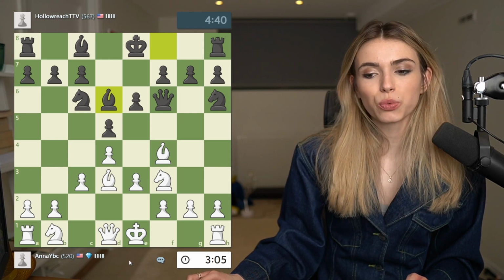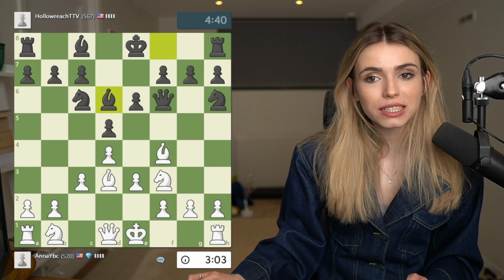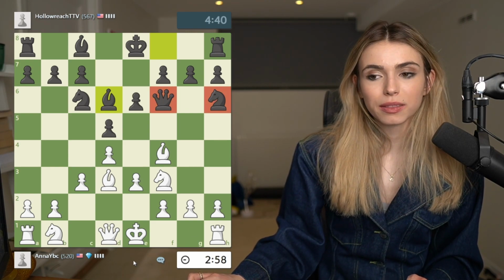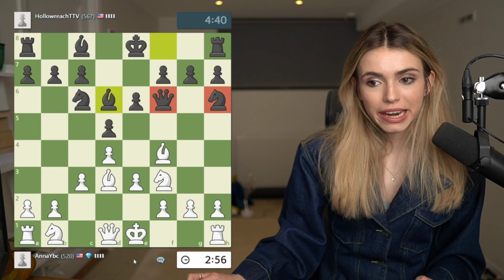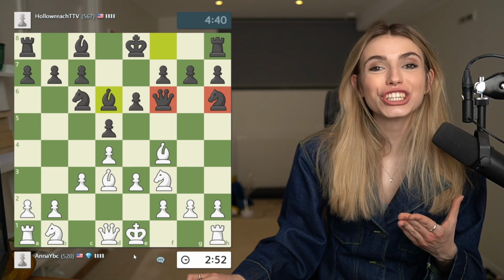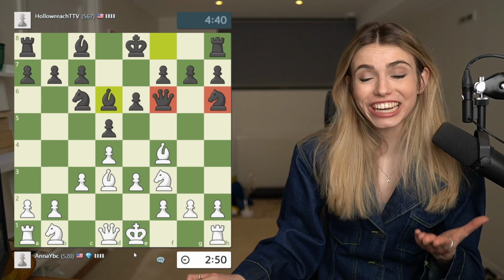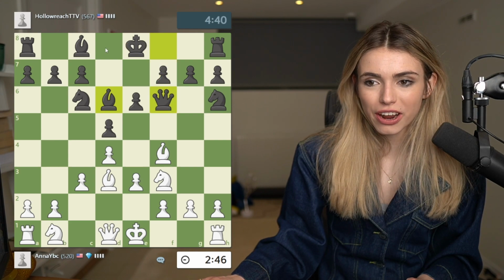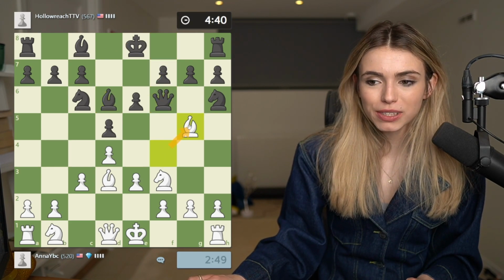This is what happens when you put your pieces on such weird squares, such as this and this. I'm now winning my opponent's queen in one move. Now, I'm not expecting you to be able to see this at 500, but this may be a good trick and a good move to remember, which is that whenever the queen is on f6, there's sometimes this move